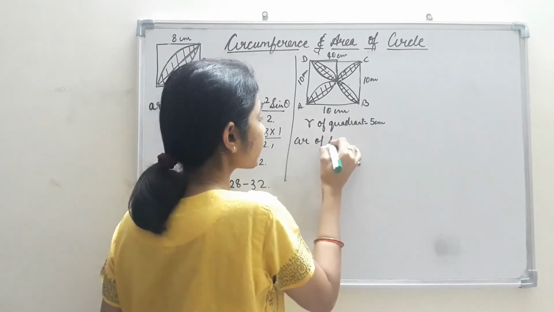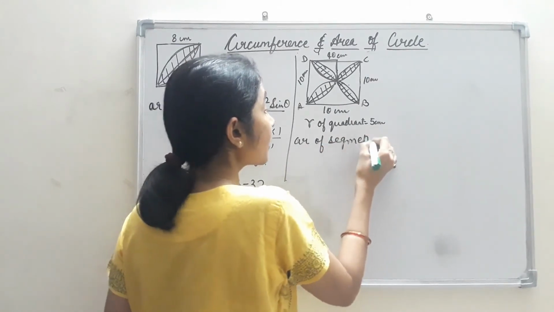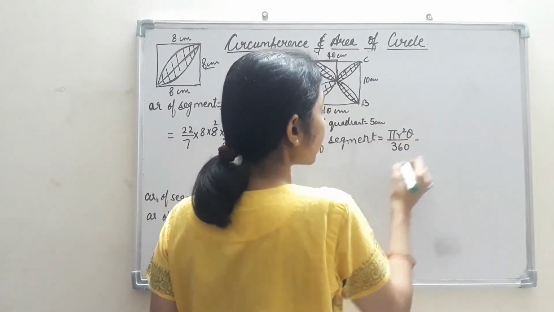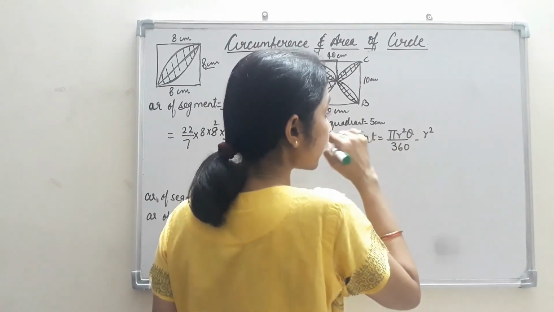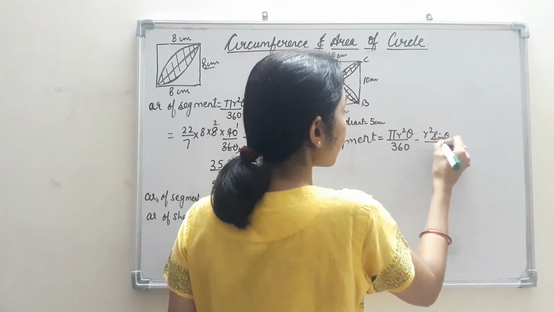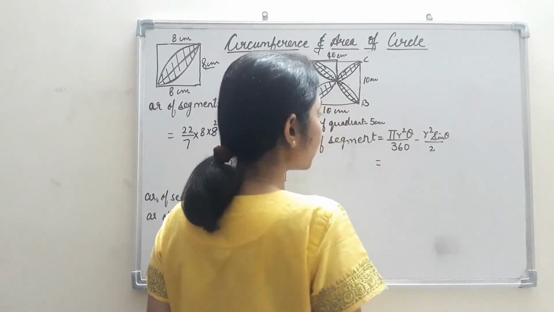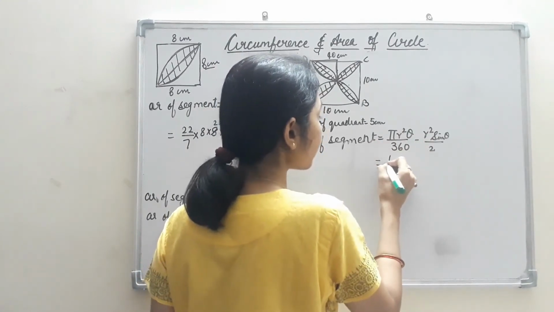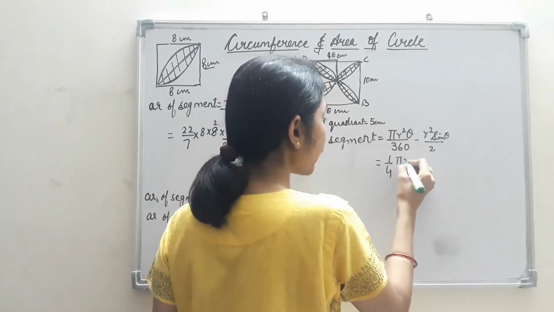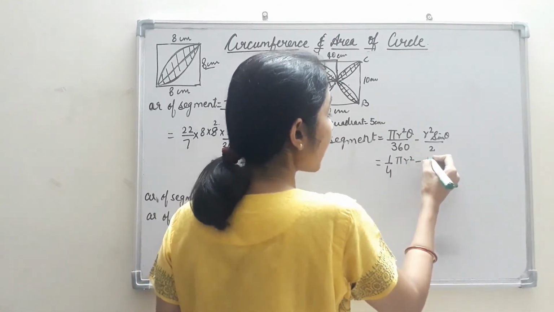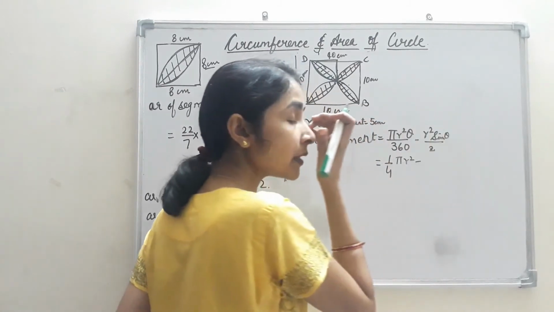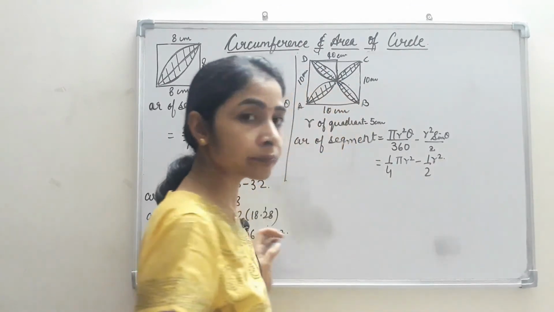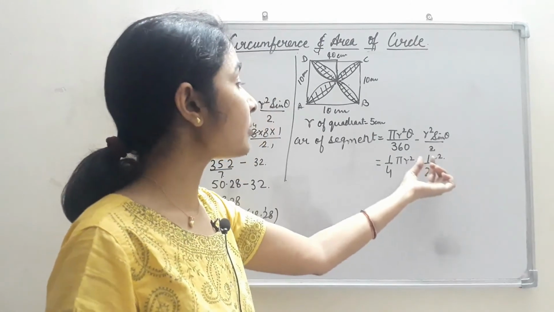Area of segment is equal to pi r square theta upon 360 minus r square sine theta upon 2. Now in this formula only we will take the things common outside. First we take 90 upon 360, we get here 1 by 4. So 1/4 pi r square, minus r square, this sine theta will be equal to sine 90 degree, which is equal to 1. So 1 upon 2 r square we are getting here. In place of sine theta I have kept 1, so 1 upon 2 r square.